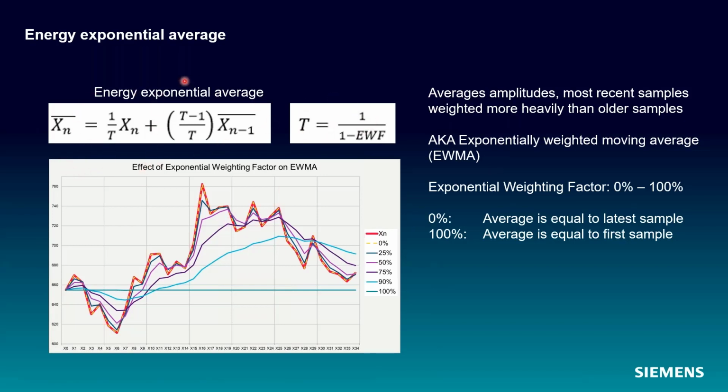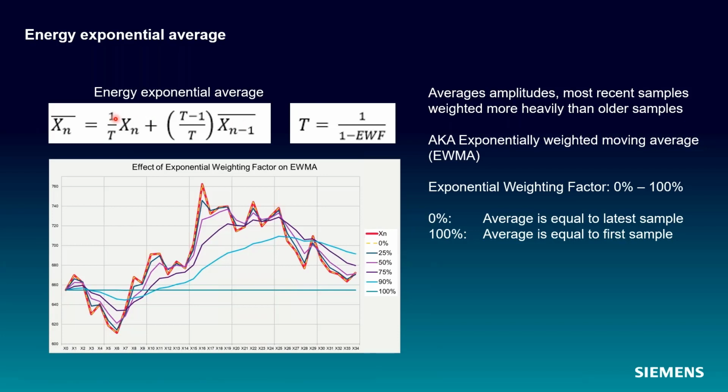So if you look at the effect of these two polynomials, I have my newest average, where this bar means average. My newest average is equal to 1 over this T times my most current data point, plus some other coefficient times my pre-existing average. So my new average is my new data plus my pre-existing average.